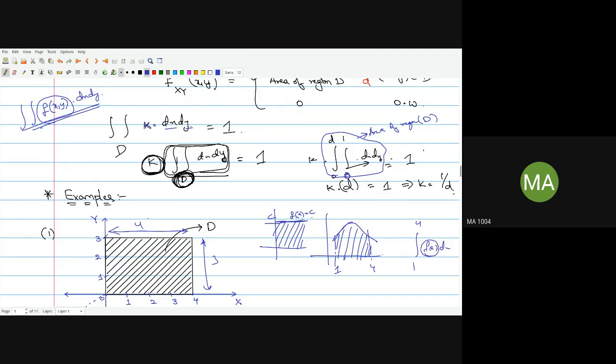Okay, and in this f(x,y) volume we have three things, right? If I treat it as a cube or cuboid, we will have height, length and breadth. So that height is basically this f(x,y). If that height is constant and I pull it out of my integral, then I will be having length into breadth, which is area.